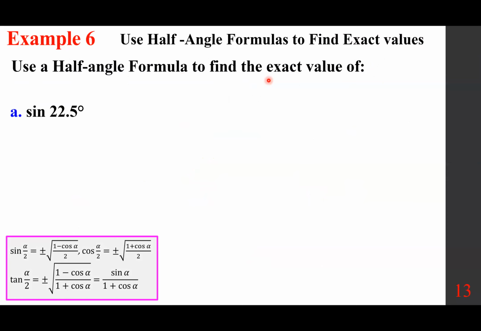Use a half-angle formula to find the exact value of sine of 22.5 degrees. That means you want to use common arcs that you are familiar with, everybody. And in this case, we are clearly using what? 45 degrees. So sine of 45 over 2,